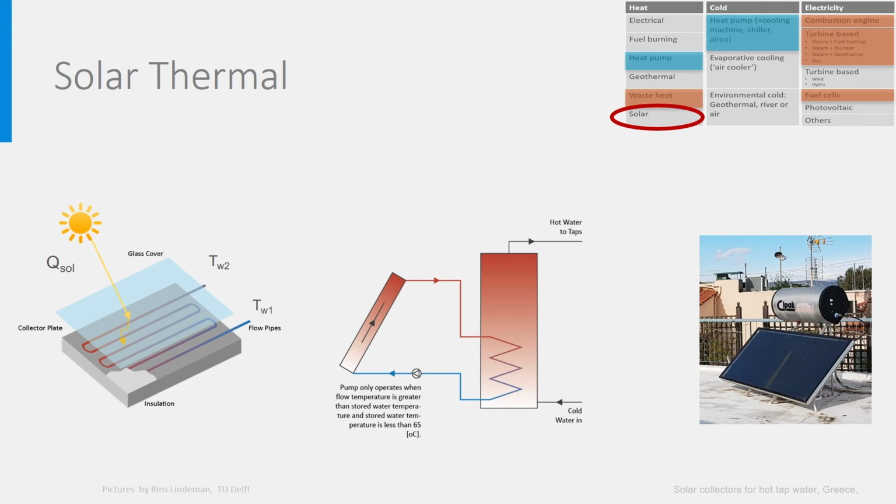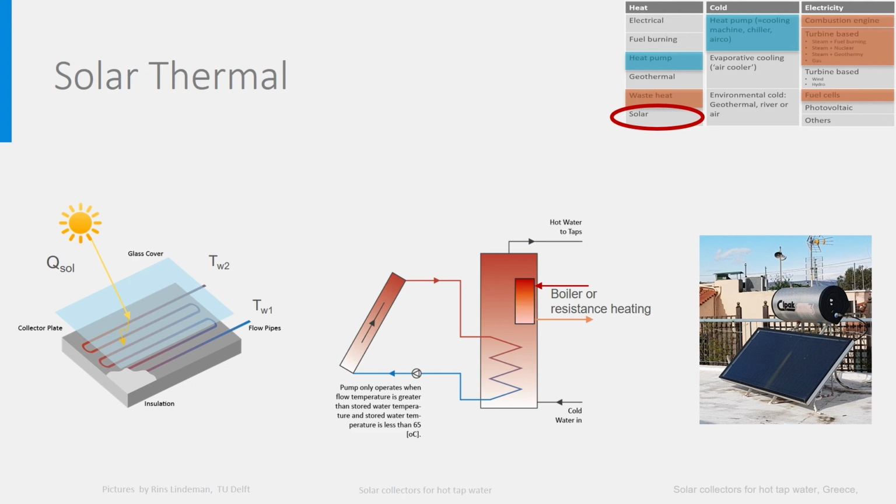Very simple and effective. If the application is for hot tap water rather than for space heating, care has to be taken that especially in larger tanks, the water can be heated once a week to 65 degrees to kill the Legionella bacteria. If that is not possible with the solar collector, an additional electrical resistance can be used. In colder countries, such a solar boiler is combined with additional heating by either a combustion or electrical boiler and is mainly used for hot tap water.